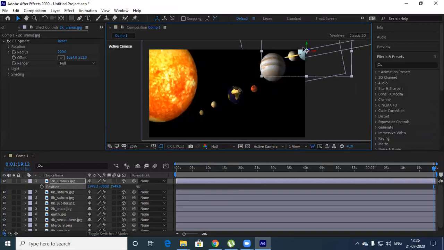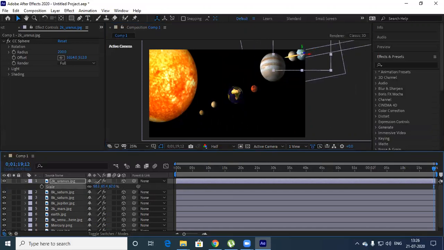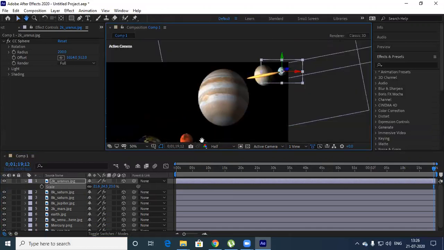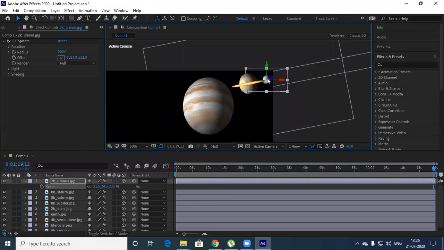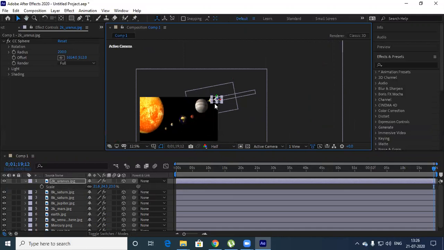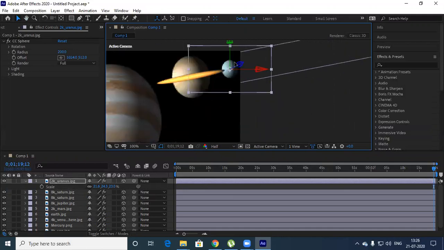So this Uranus comes over here and smaller. So anyhow, when we move the camera, it can go inside, all this it can go. So let's place this here, even smaller.